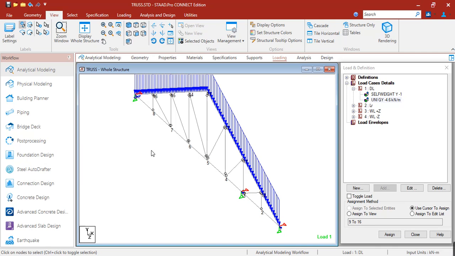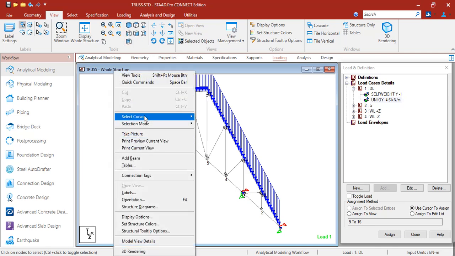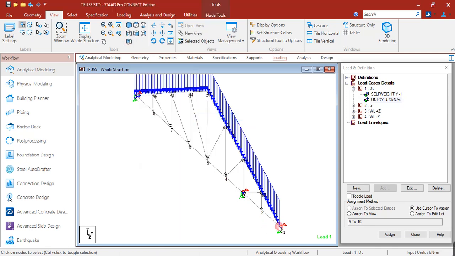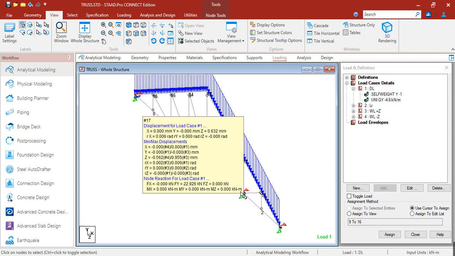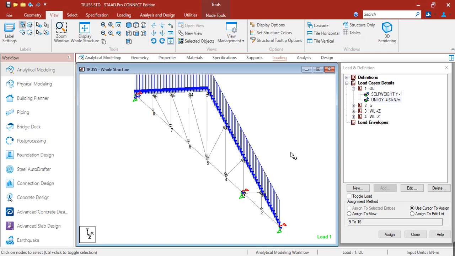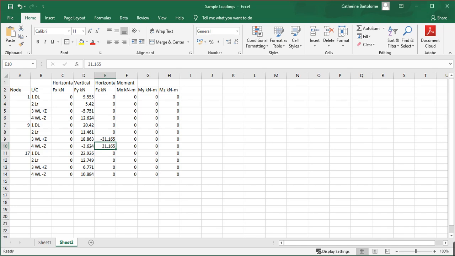So where's node 1? This is node 9, node 17, and node 1. Okay. So let's start with node 9.